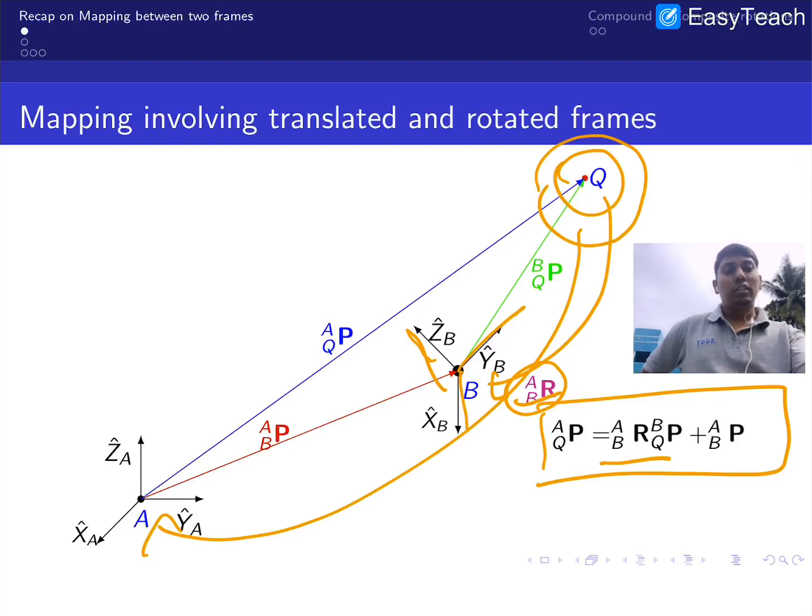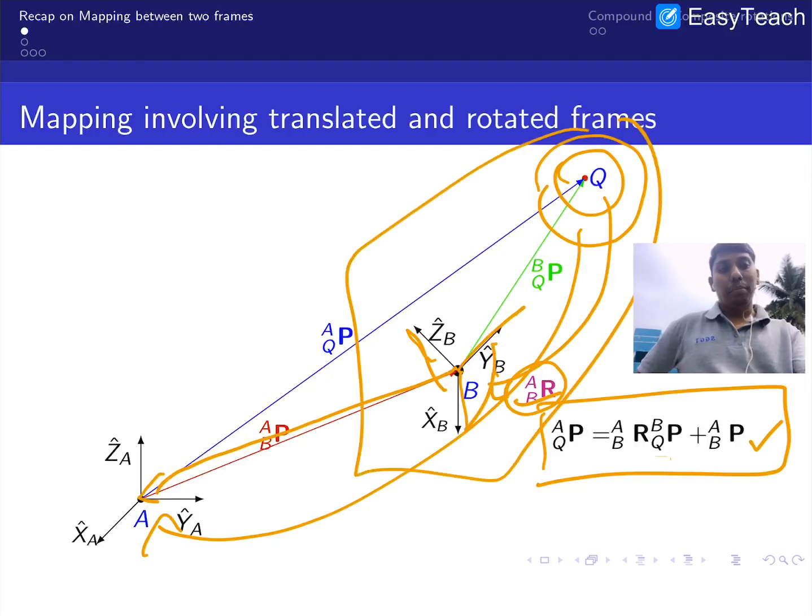Now this particular information is rotated with respect to A, in the sense you are transferring this particular segment into the A frame. Then what you are doing is, you see that the B frame and the A frame are a distance apart, and that you are adding. Physically, first you are bringing B to A, in the sense this entire set you are bringing to A, so that B and A coincide. So now this operation is done.